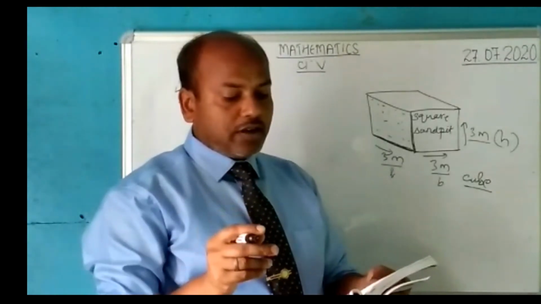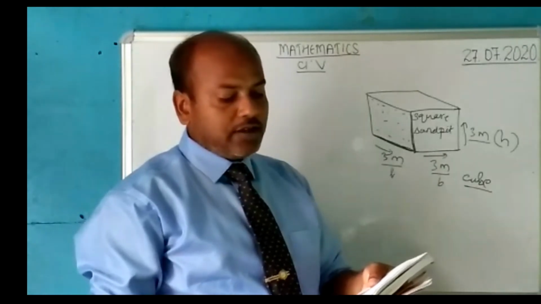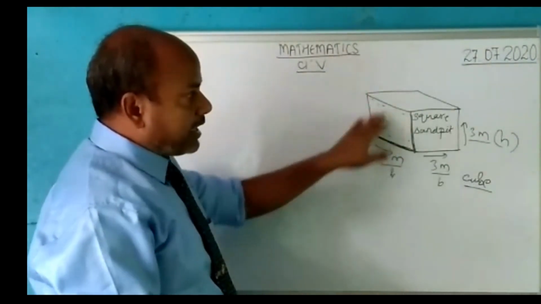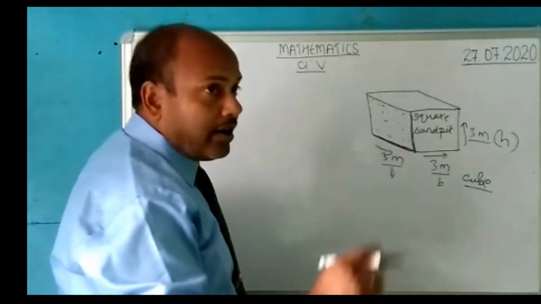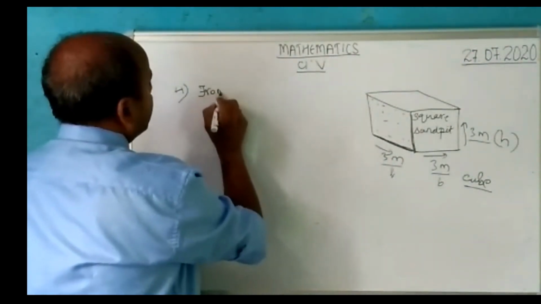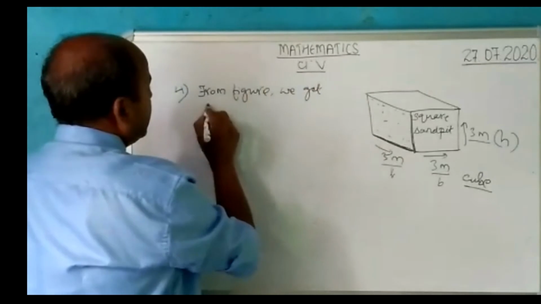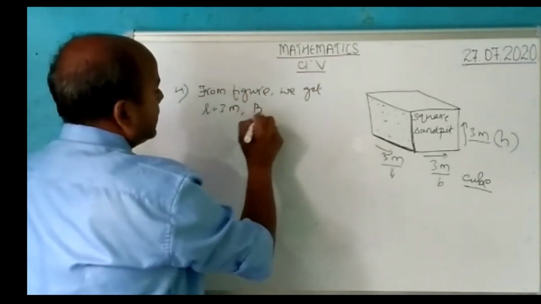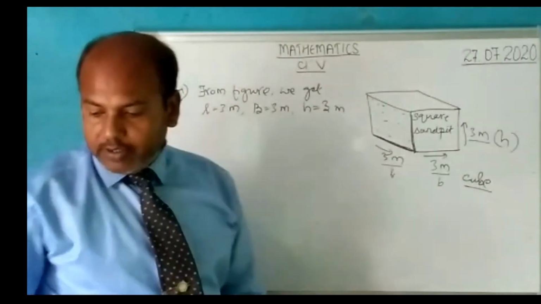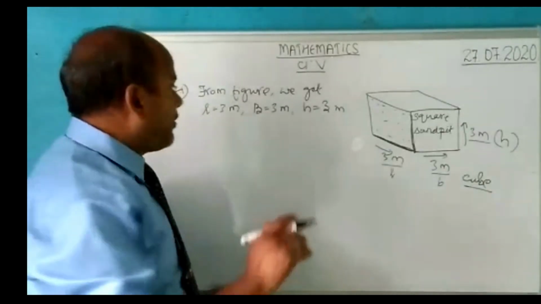Now how much sand does it contain? Or find the volume of the sand inside it if the sand is filled up to the top of the square sand pit. So this is a square sand pit. How much sand can we fill it with? We know from the figure, it is very clear, that length is 3 meter, breadth is also 3 meter, and height is also 3 meter. Length, breadth and height 3 meter. So you have to calculate the volume.